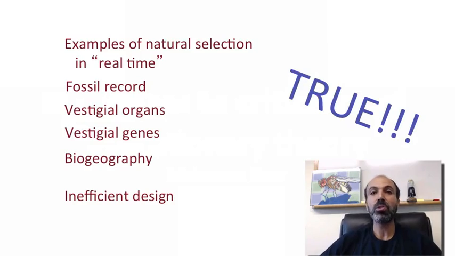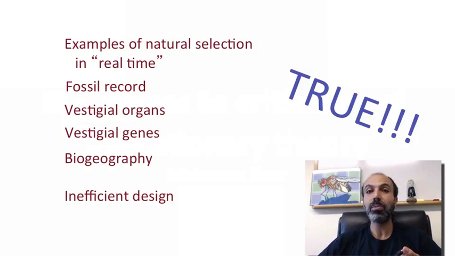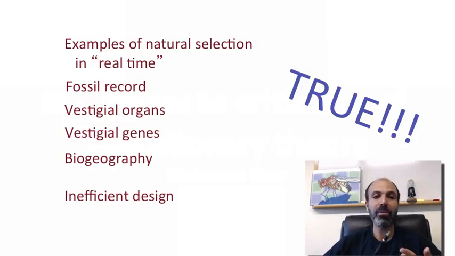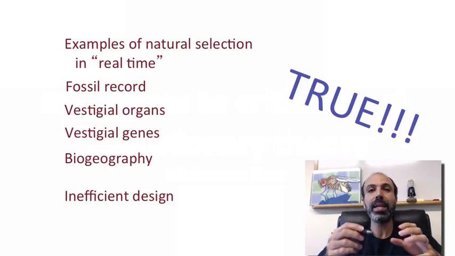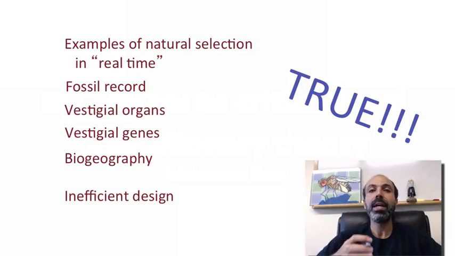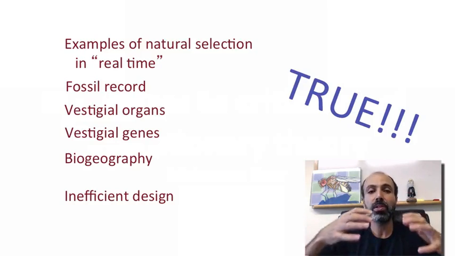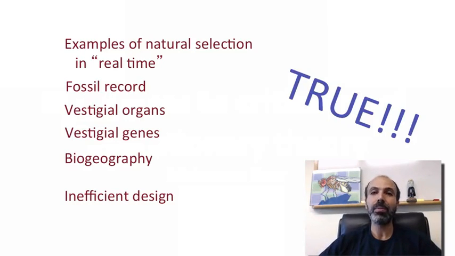We've talked about cases of vestigial organs. These are organs which don't have a function in present-day species, in the ones that you're looking at. However, other modern species or their ancestors presumably had functions associated with this. We've talked about vestigial genes, which are very similar to vestigial organs, except we're just looking at the genes producing these. We've talked about evidence from biogeography, where animals live or where plants live, being consistent with this idea of common ancestry and evolution. And finally, I talked briefly about a case of inefficient design, something that if you were to actually design an animal from scratch, it wouldn't really make sense. However, when we consider its ancestors and this working with the materials available, it made a lot more sense.